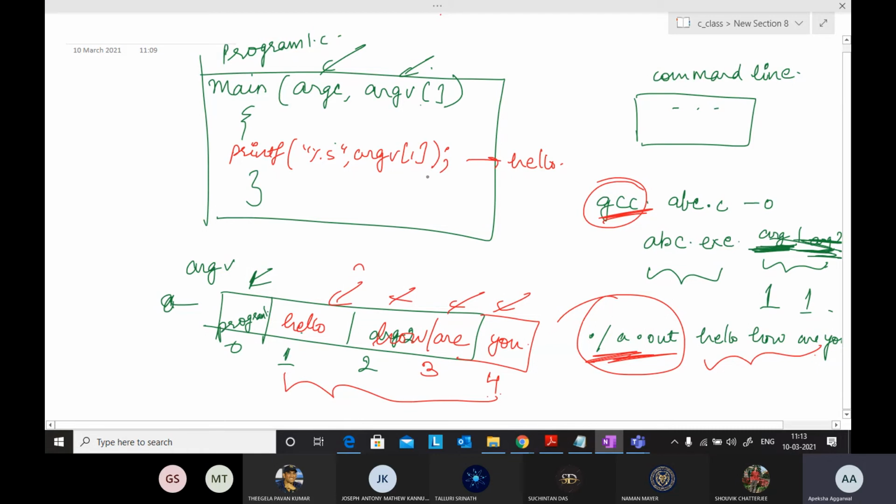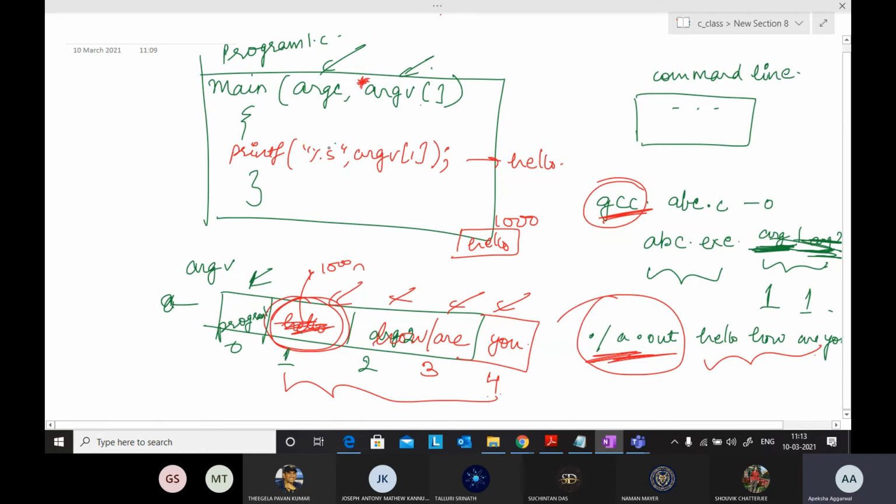I can access these contents because it's just an array. Basically it does not store the whole string, it stores the address of this hello. Hello is stored somewhere here, maybe, so it will store the value 1000 over here. That is why the star is written over here, it's a pointer array.